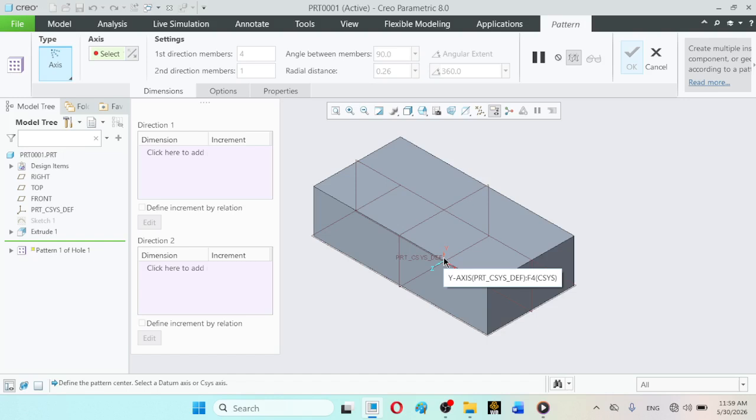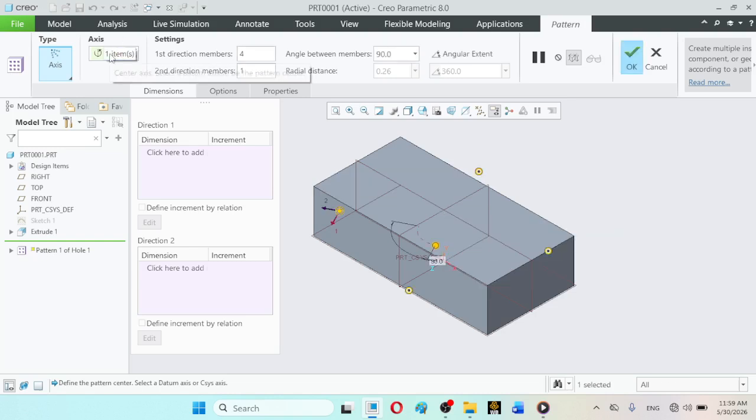Remember, the polar axis must be perpendicular to the face in which the circular pattern is to be placed. So the axis has been selected, let us click it here.